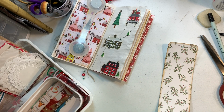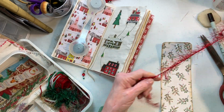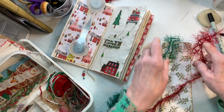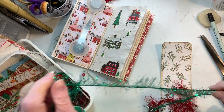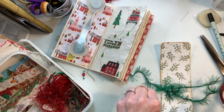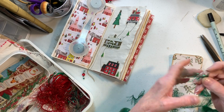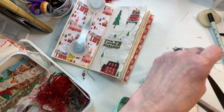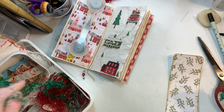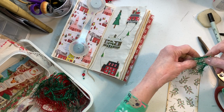Okay, so I want to get some of these beautiful sparkly red. I love this, and I love the green. Which one do we want to use? I say we use the green because we have so much red going on in our... And it's okay that... Let me cut some of this off instead of wasting any. I think it's okay to...